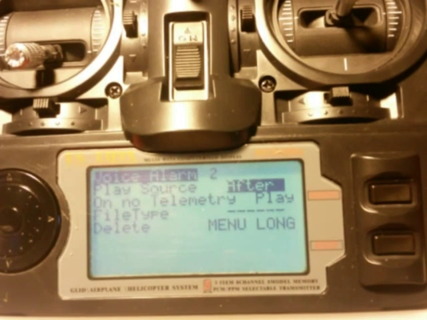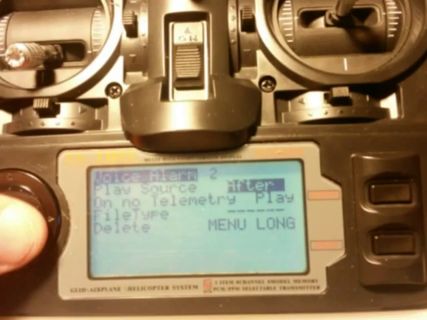Just make it a bit nice, because you know you can have, for example, I use the radio voltage, the pack voltage, and then after I also just program the transmitter voltage. So I know more or less if the transmitter is, because I got a live battery inside, and sometimes that can start dropping quite fast. So I like to have the radio voltage as well. So I have a second file to distinguish, to tell me which voltage is what. So then we move down,